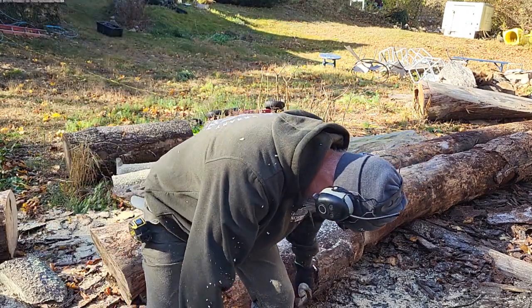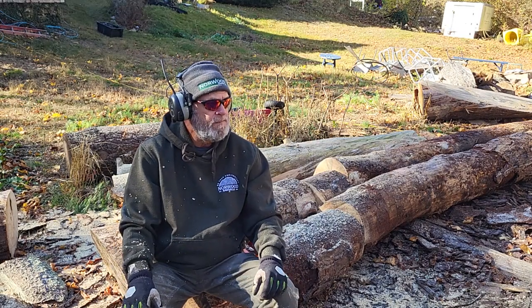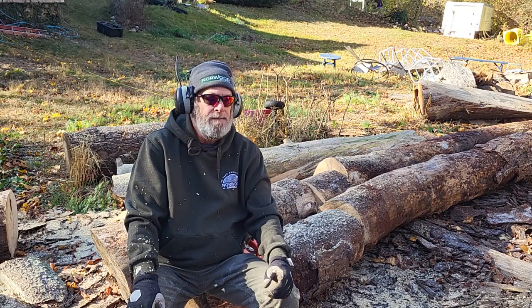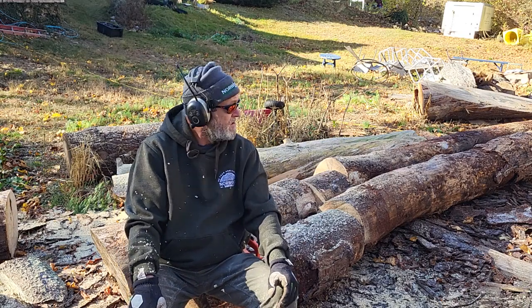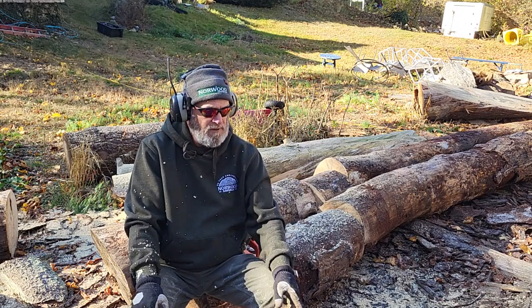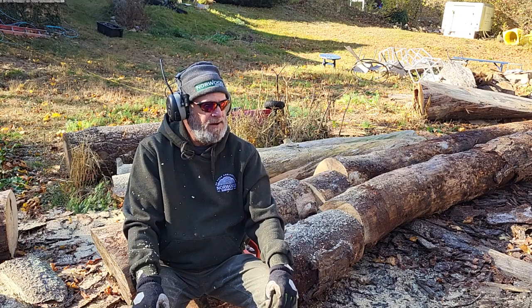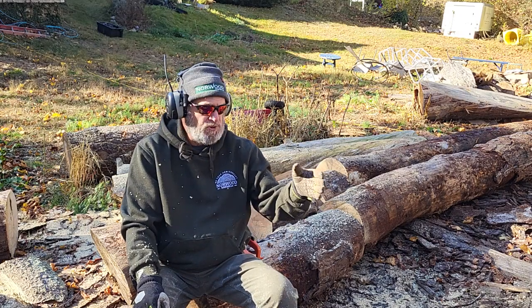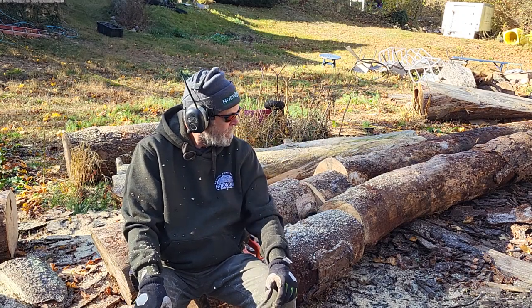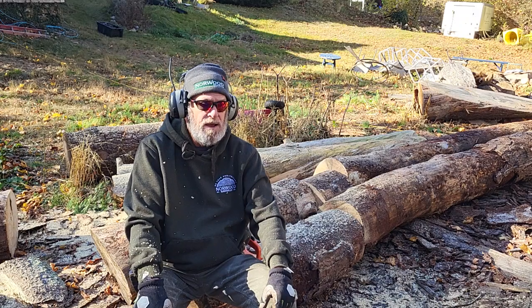I don't think I need to keep you guys on for bucking for a half hour. So these are the two candidates for today. I do want to get some of my slab wood out of the way while I have the saw sharp and warmed up. I'm going to go over there, buck some of that slab wood apart, make myself some shorter lengths so I can just drag them out with the pickaroon onto the forks and go get rid of them. And I will get one of these loaded up on the mill,